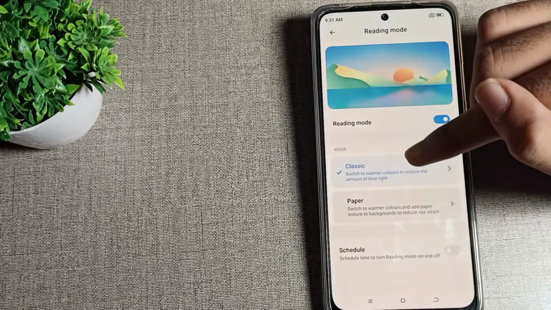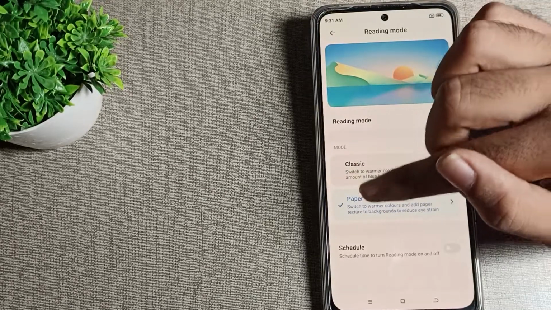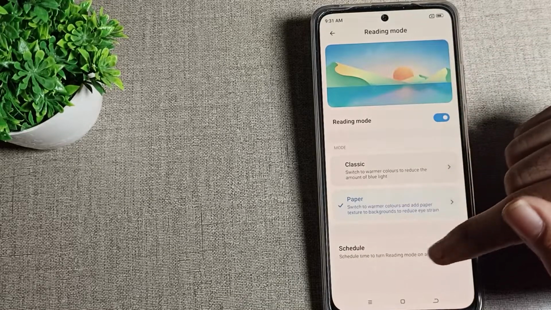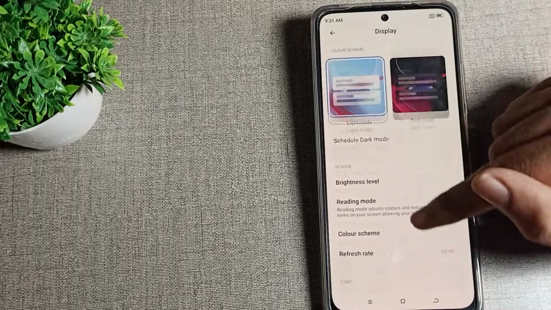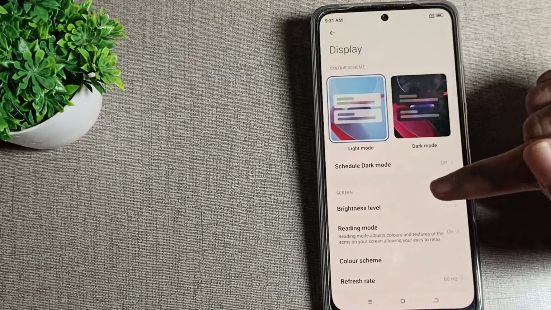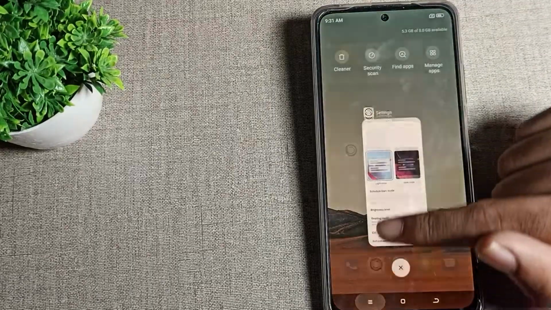After enabling, you can see there are two options, classic and paper. If you want to change the color, you can change this mode color. And if you want to use the schedule option, you can turn the reading mode schedule on and off from here on your Poco phone. After enabling reading mode, you can see the screen color will change. So when you study on your phone at night, you should enable your reading mode setting, then you can operate your phone